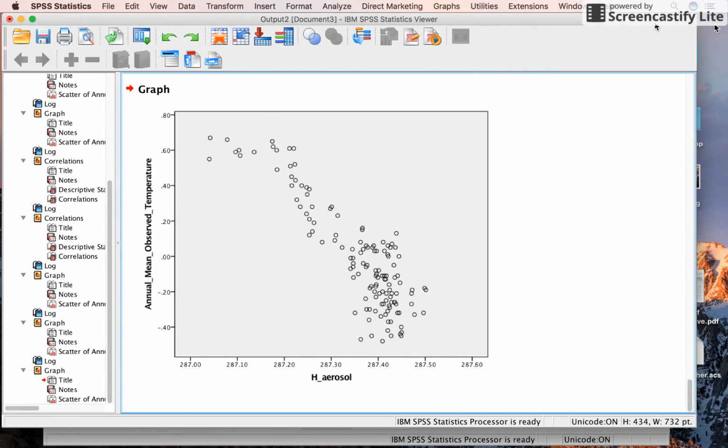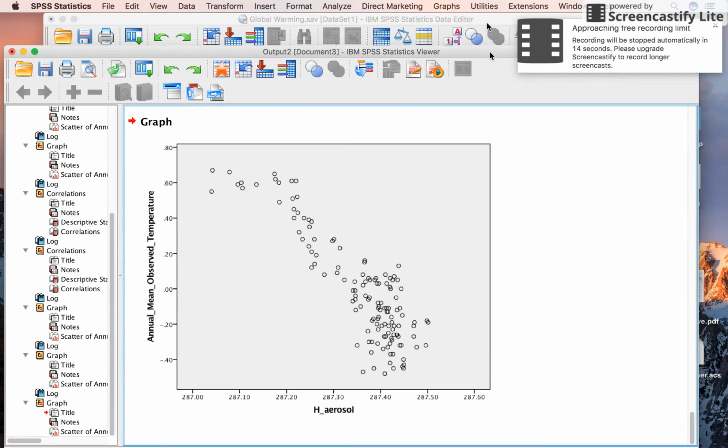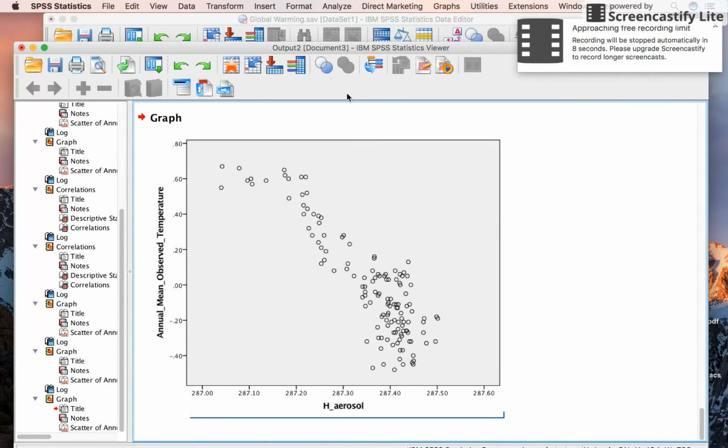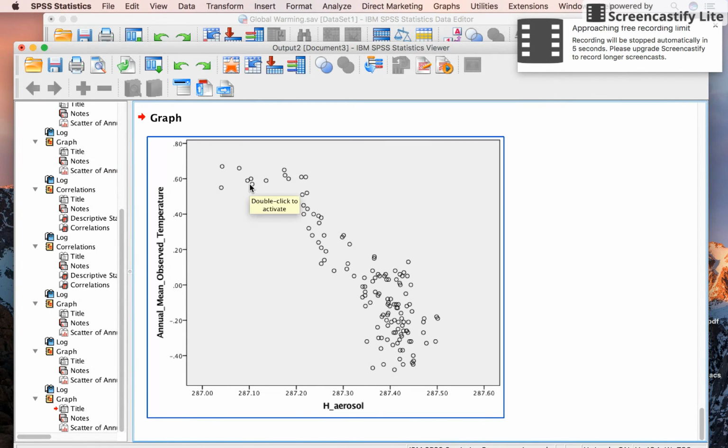is responsible. So if we look, I'm approaching my free recording limit. That's not so good. It is likely that greenhouse gases are also associated with aerosols. If you go back and look at the correlation, and that is probably what's driving